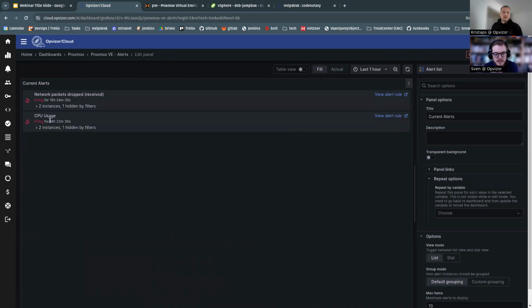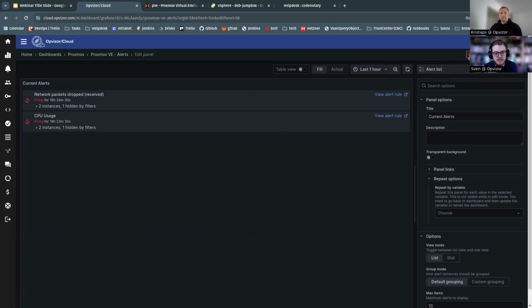And that is another feature that is the same on Proxmox as well as on VMware. So along with the monitoring, you get alerting, which is a very critical part of your infrastructure